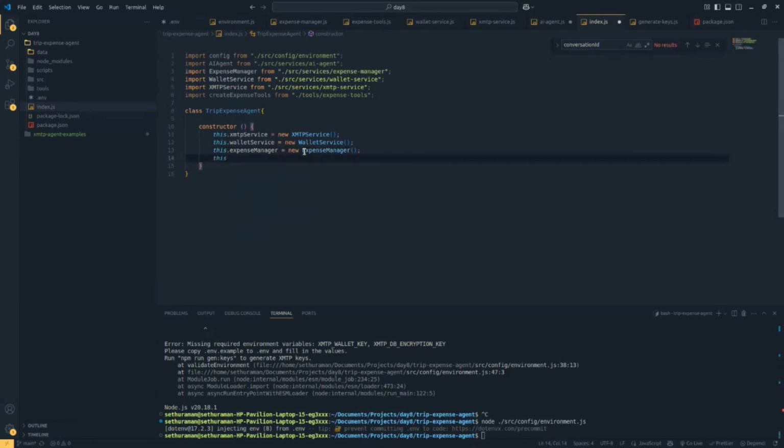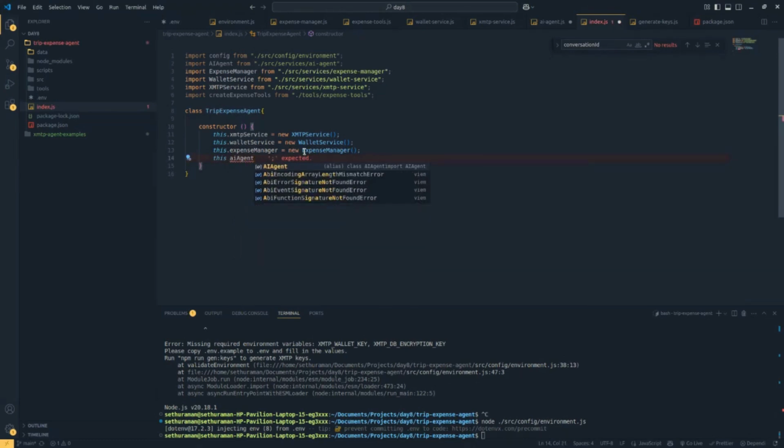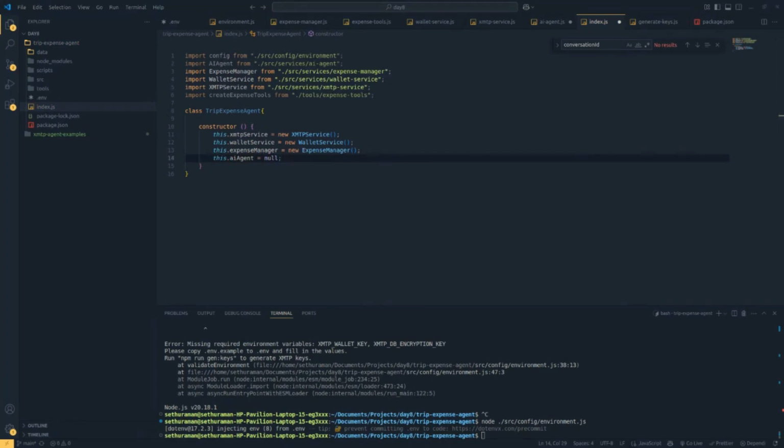And this.aiAgent. Now this is not going to be the new AI agent. It's going to be null. Okay, we'll see why. Equals null because we need to do a bit of initialization before we set up our agent. So yeah, I mean we need the wallet service and everything. So yes, let's